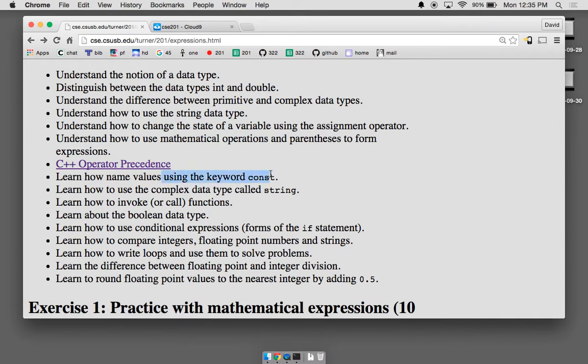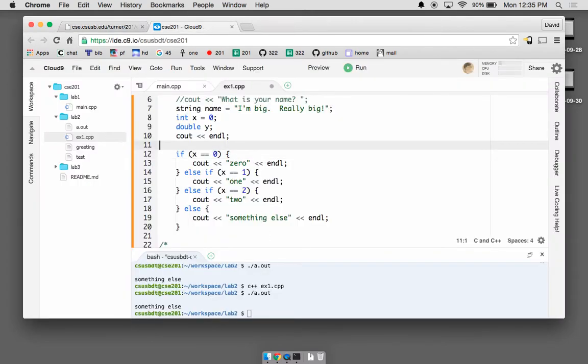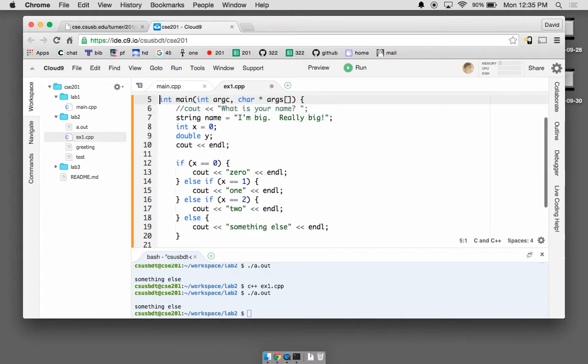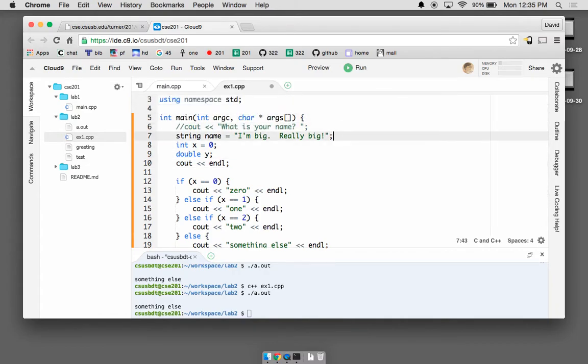The const keyword. Maybe we want to do something like, if we go const, that's short for constant. We can declare x as a constant variable. So this compiles, it's going to print 0. But if we do this,